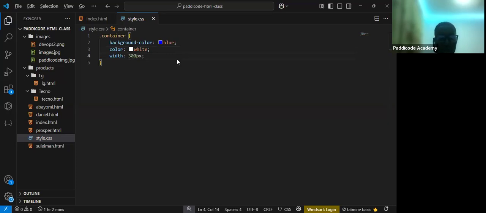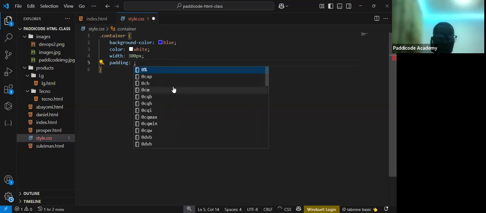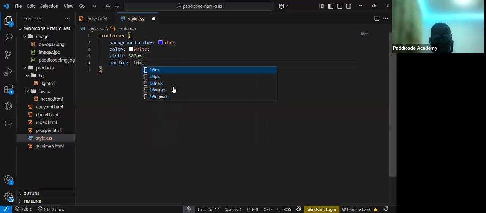All right, so this is 300. You can see how it looks now. Please take note of the way it looks. Now, if I put padding of 10 px and then I refresh,